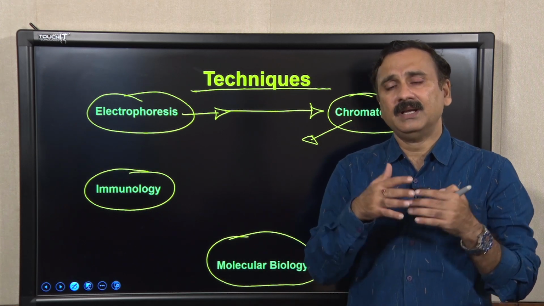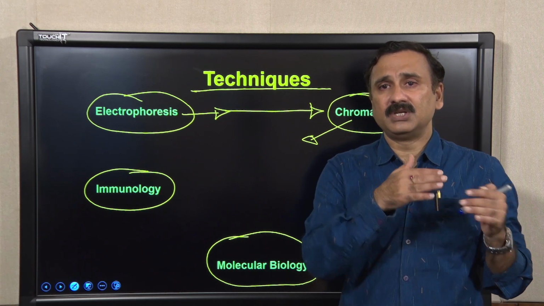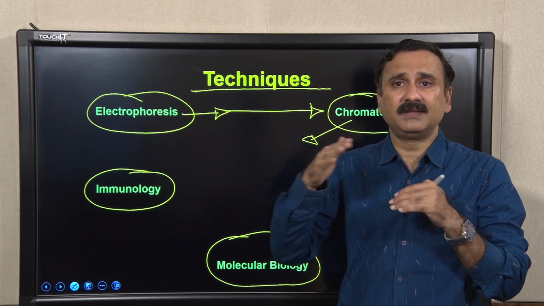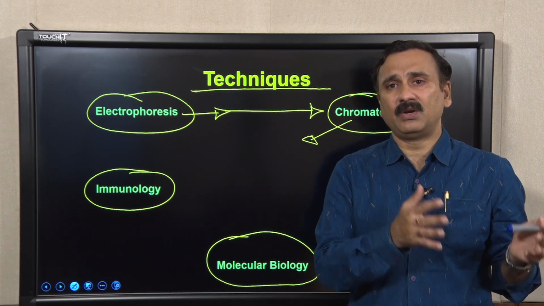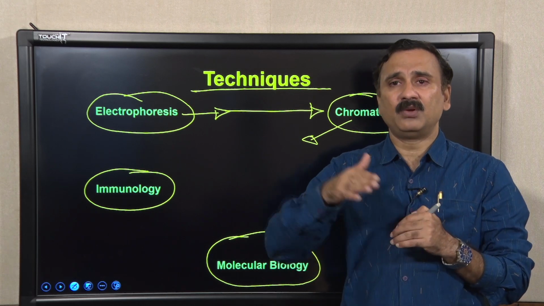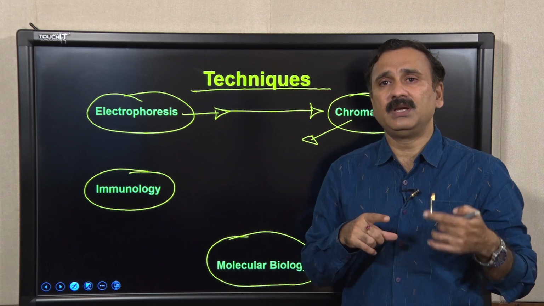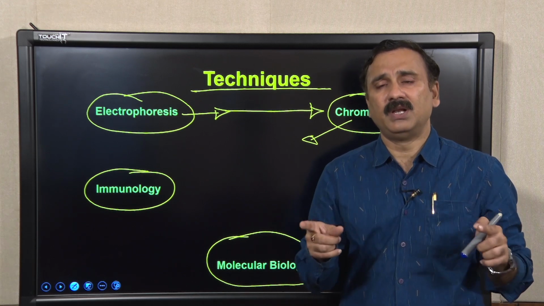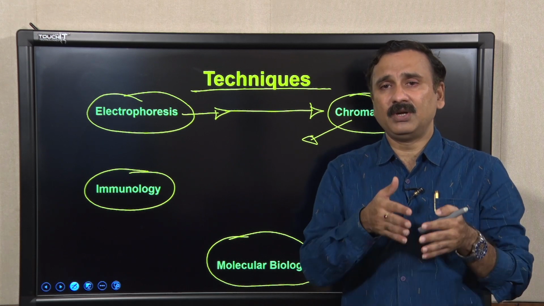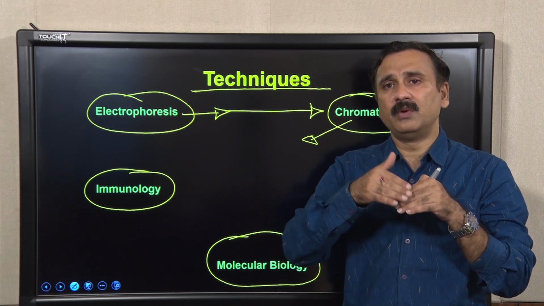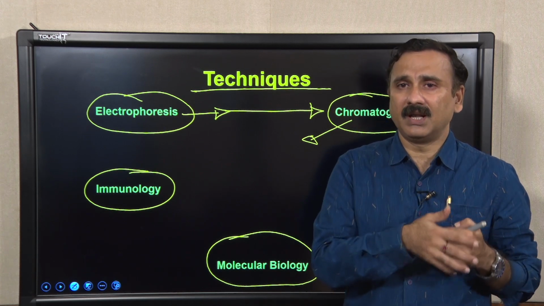And compared to that, when we were talking about distillation, you were only having the two phases, the liquid as well as the vapor phase, whereas in the case of chromatography, if you have a chromatography column with 100 distribution planes, then you are actually going to distinguish the molecules utilizing these 100 distribution planes, and because of that the molecules are going to get separated more efficiently in a chromatography column.